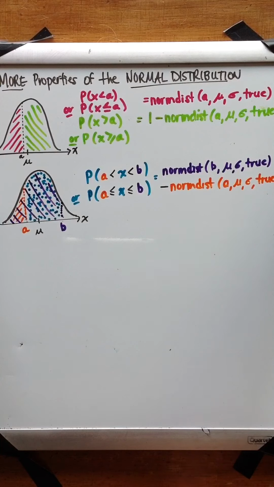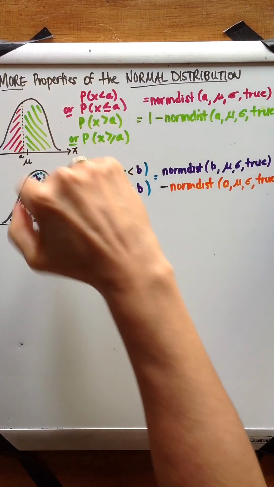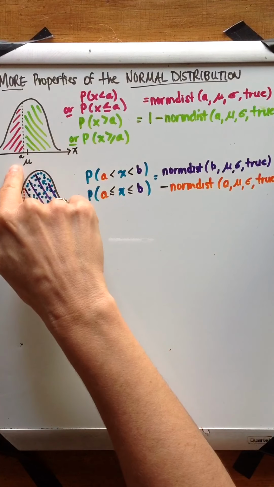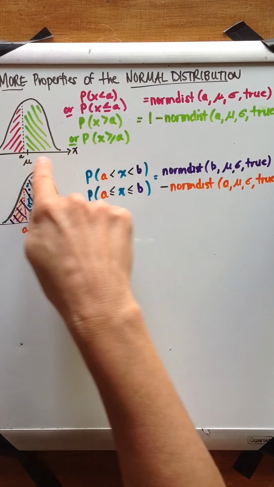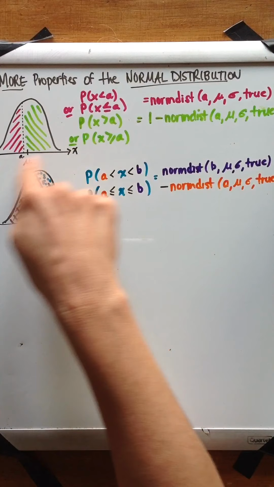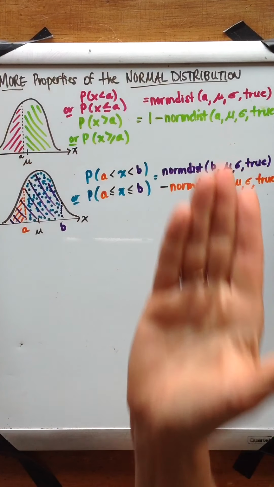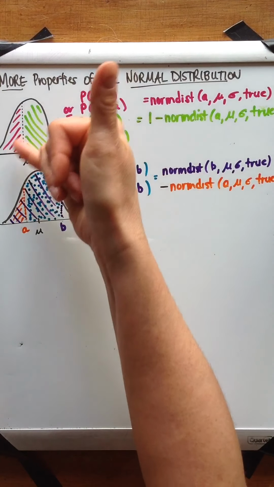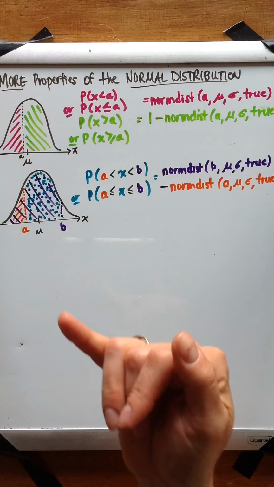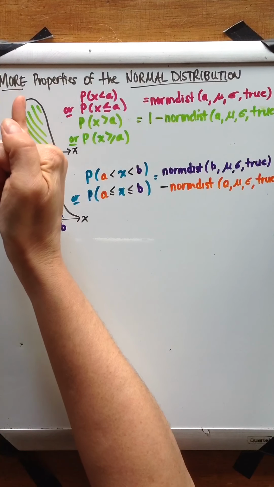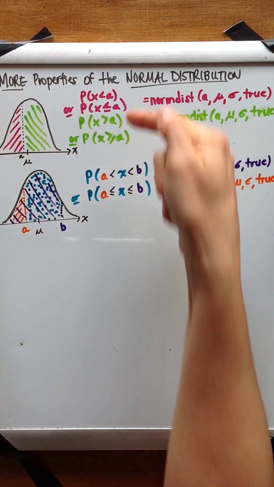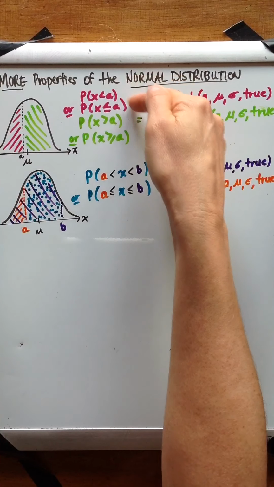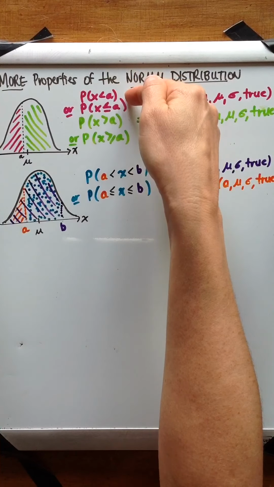Before we begin, I just want to set us up for the three types of scenarios that we're going to see in finding the area under the curve of a distribution. Our first scenario will be for a given value along the x-axis, we'll call it A, and it could be ahead of or behind the mu value. It doesn't matter, I just chose there as an arbitrary place. If I wanted to find the area under that curve, or the probability of having that value of x or less, I can communicate it one of two ways, either with the less than sign only or less than or equal to,